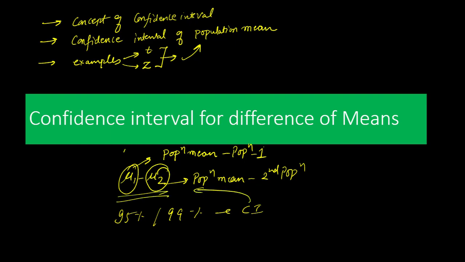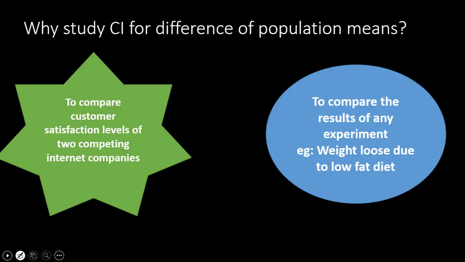Now, a lot of students have asked me why this is worth reading. Why are we concerned with the confidence interval for the difference of means? Often in data science and practical real life applications, we come across situations where we are required to compare two population means. For example, we may need to compare whether the introduction of a step in the industry could lead to an improvement in the quality of the product or not. In such situations, we use the confidence interval for the difference of population means. Here I have shown you two cases where we use it.